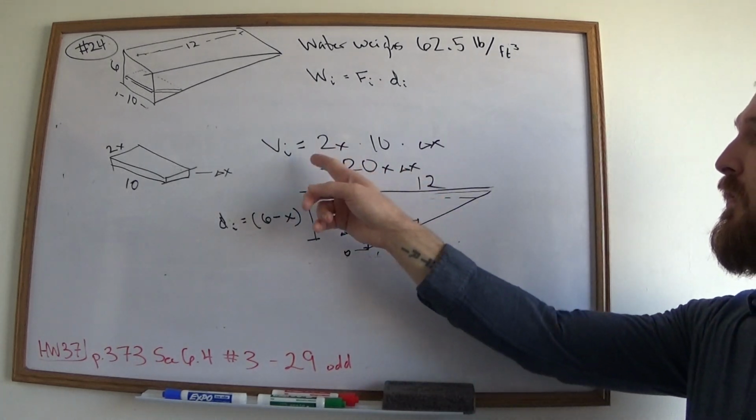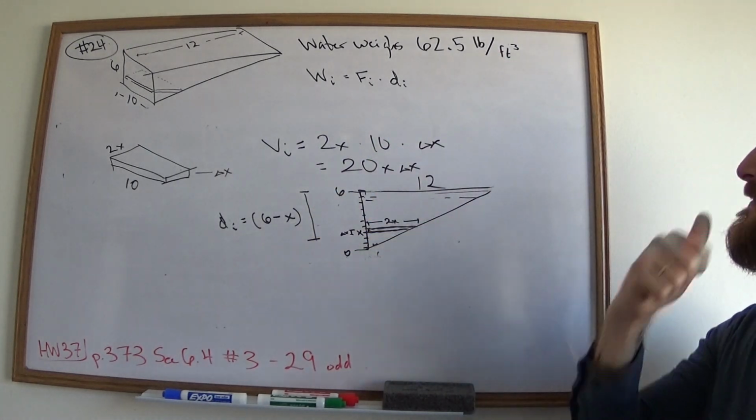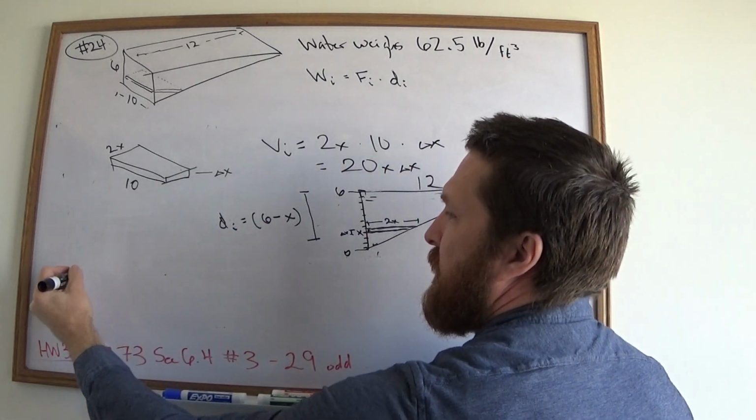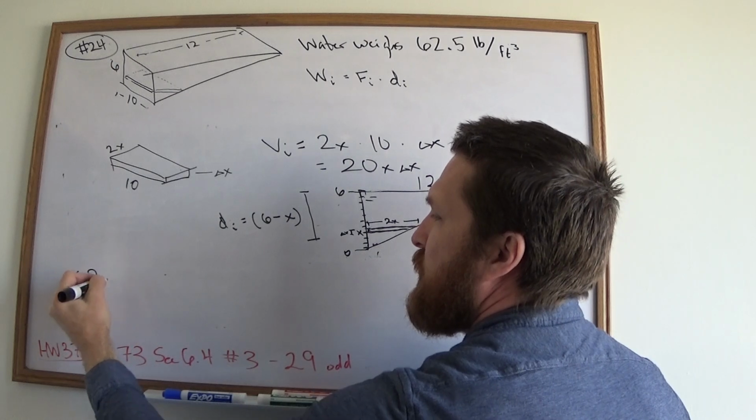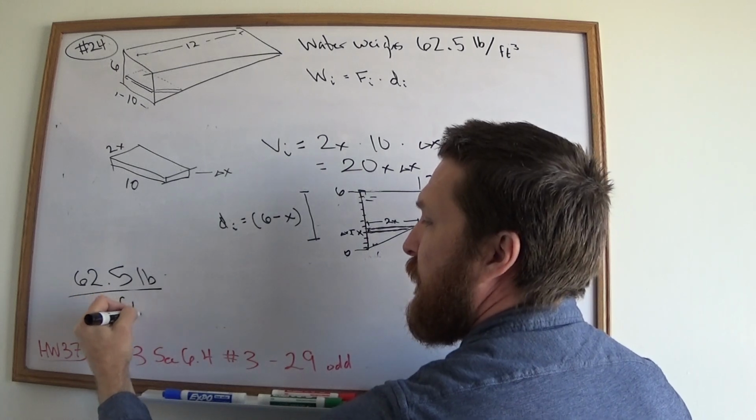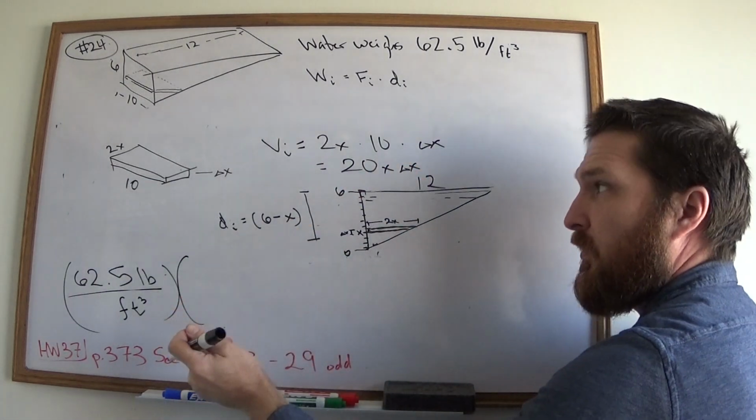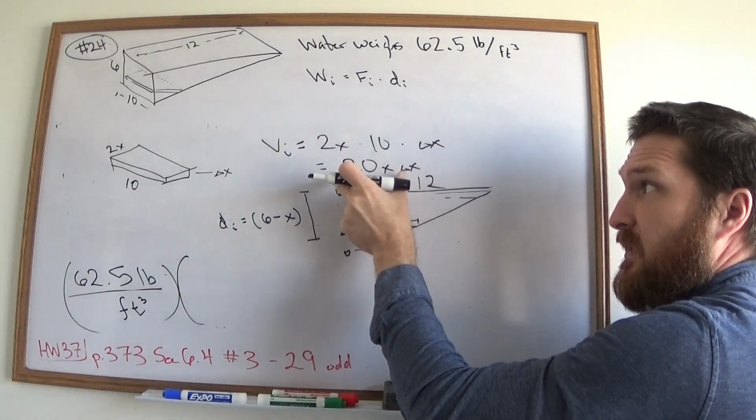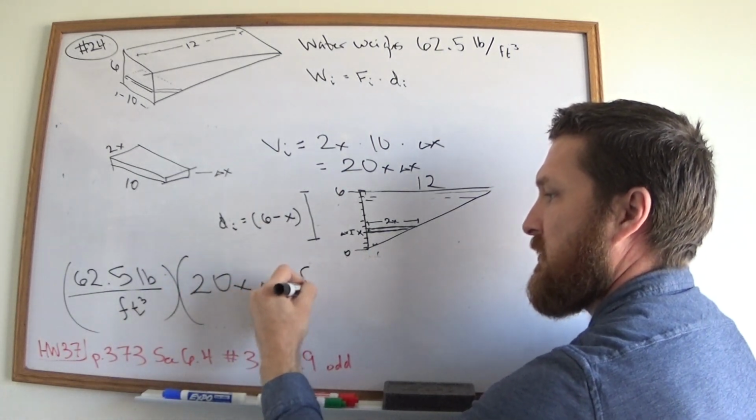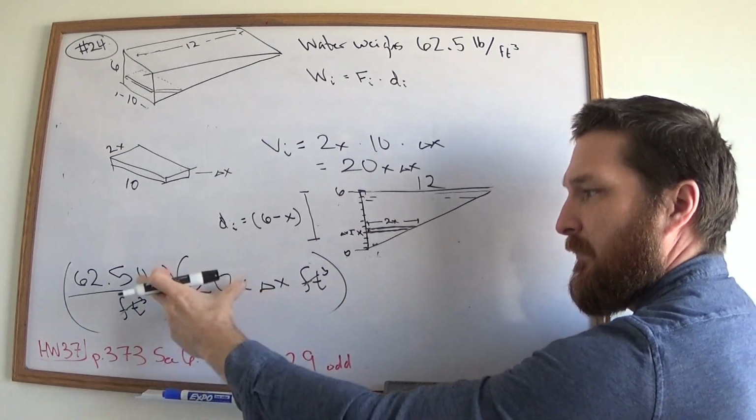Okay, so that's the volume, but we're looking for force. And how do we find the force? Multiply by the weight of water. There you go. So in other words, 62.5, that's pounds per foot cubed, times the ith volume, which is in feet cubed. So that's 20x delta x feet cubed. Feet cubed cancel, and I'm left with